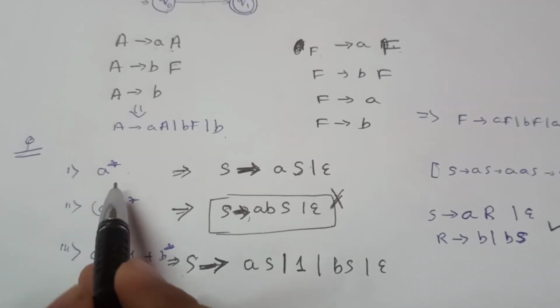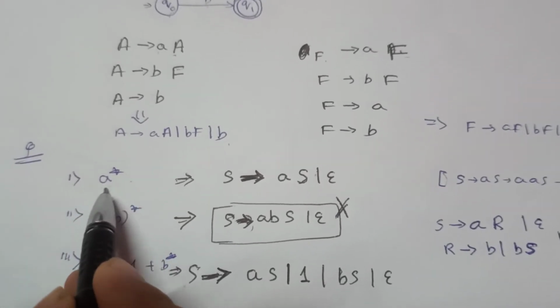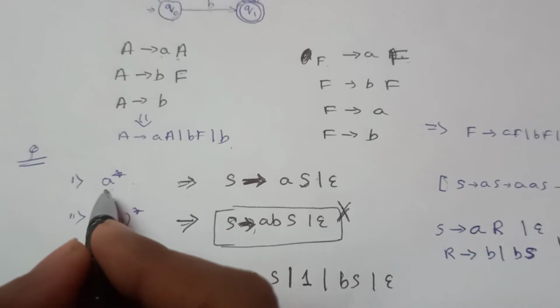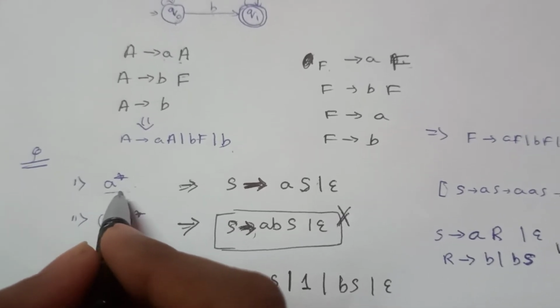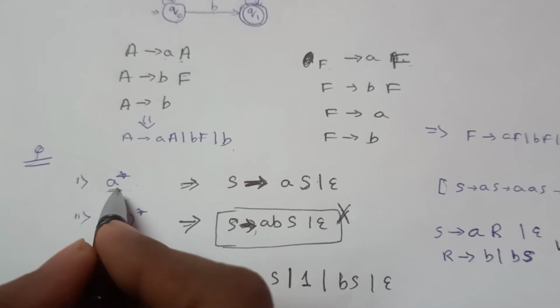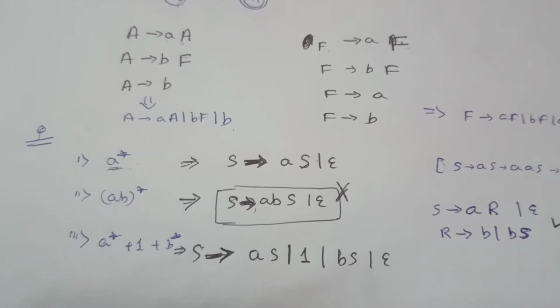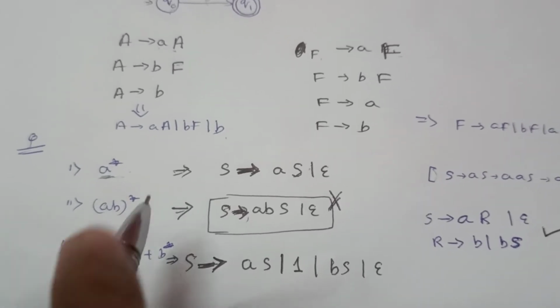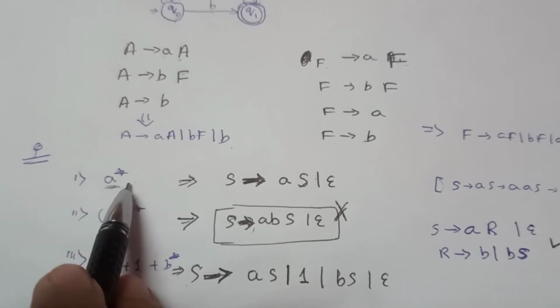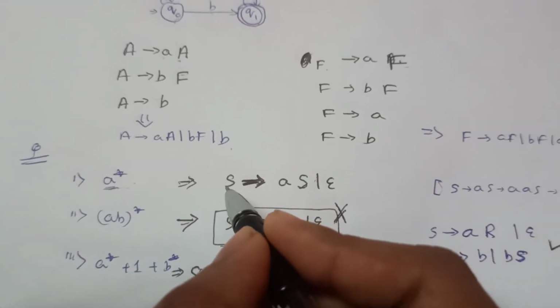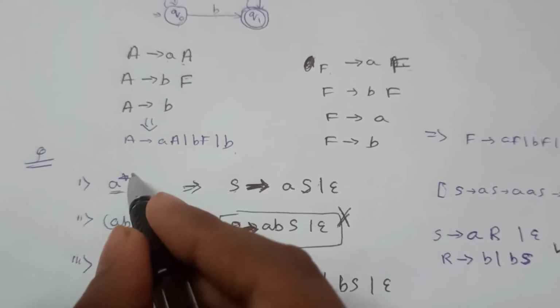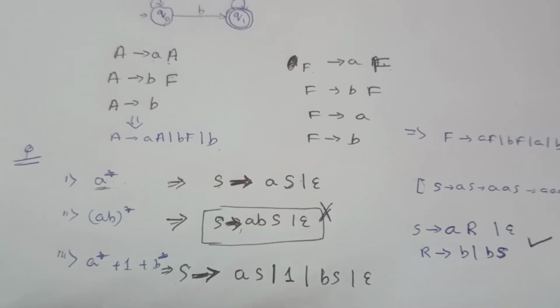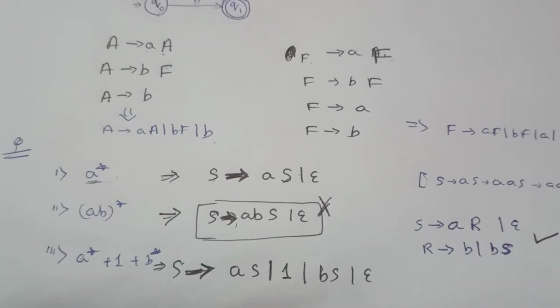So now I will try to write some new production rules for these languages. So see, if there is a language A star, what does this mean? A star means any number of A's. Okay, so there can be 0 number of A's, or 1, or more than 1, or any number of A's. Basically, A star means self loop of A. So here A star can also be null. That means this is the initial state and this is the final state. It is also possible.